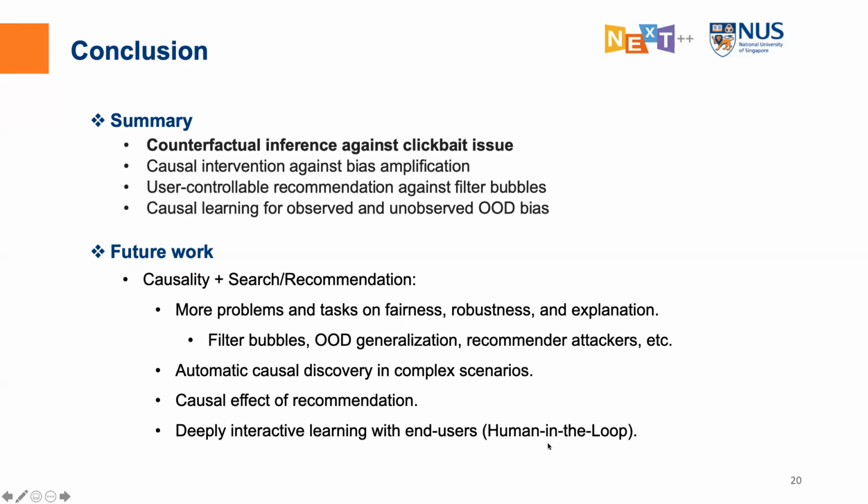And lastly is a direction my supervisor liked very much. It's called human in the loop. It always tells us that you should consider users have a higher impact in your learning, in your recommender learning or model learning. So you need to let users give more signals to the platform and deeply interact with the end users. If they give some signals, it's more effective than the information you infer from the data.